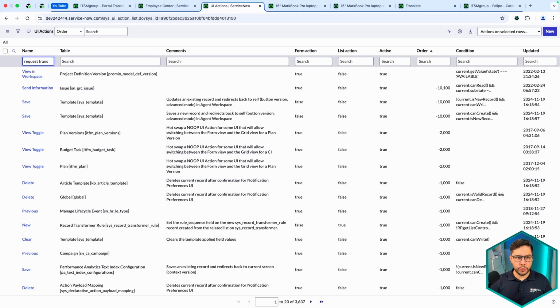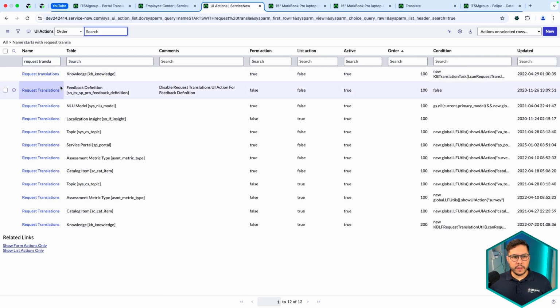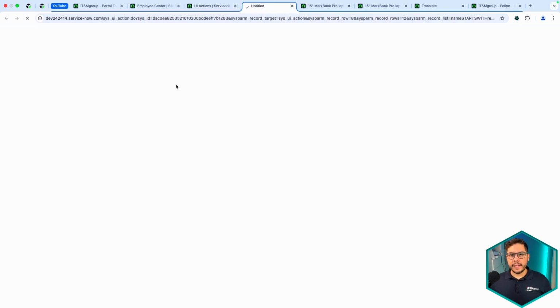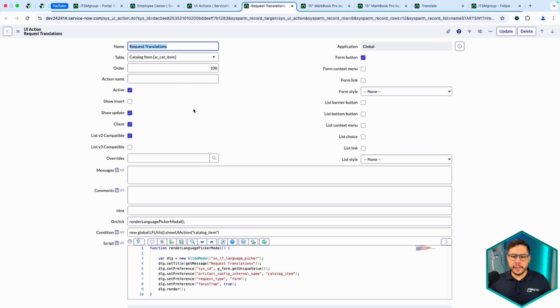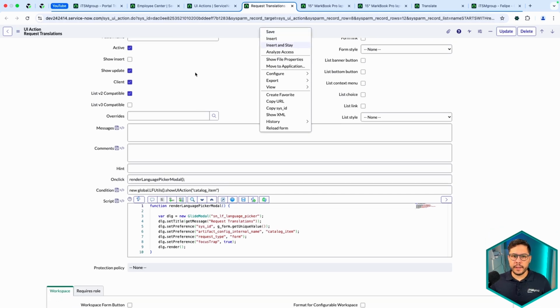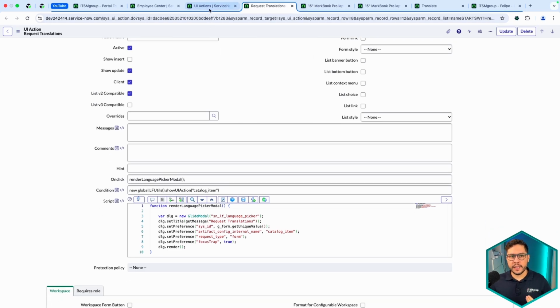So I'm going to show you what I mean. There are some tables that are pre-configured with this request translation, and you can pick, for example, a catalog item. And then you can do your modifications in there and simply click insert and stay, so that you're going to have in the end your specific UI action for the SP Portal page.